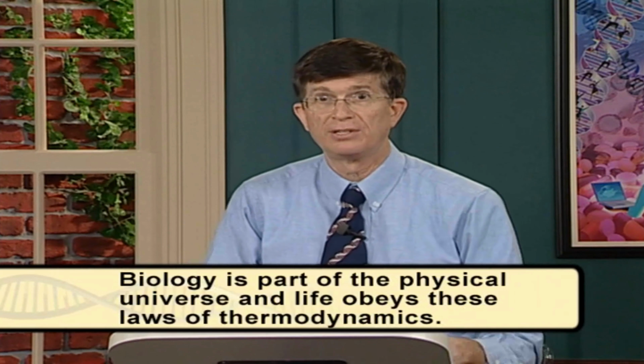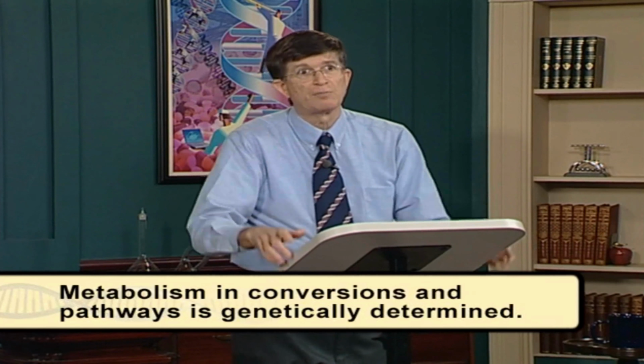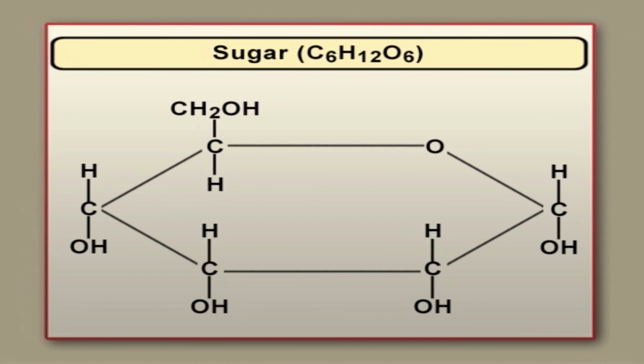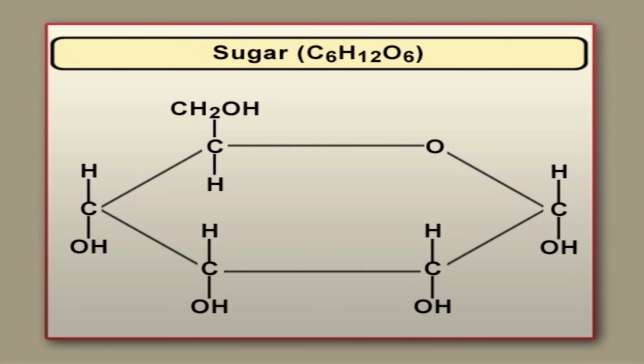There are several rules for metabolism that biological tissues obey and that are genetically determined. And these two rules are, first, metabolism occurs in small steps to release energy in small usable amounts. And secondly, that metabolism and conversions and pathways are genetically determined. First, the small steps. Consider sugar, as I mentioned before, in catabolism, the breakdown, being converted into carbon dioxide, this simple molecule. I mentioned releases a lot of energy. Those stored bonds in the